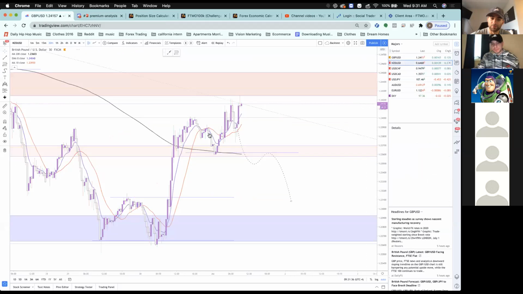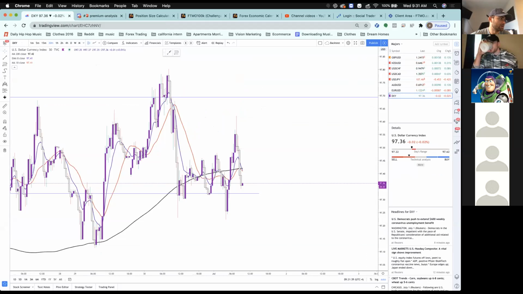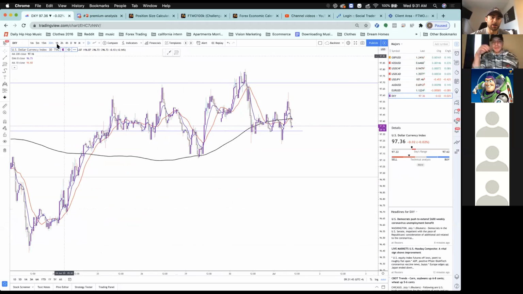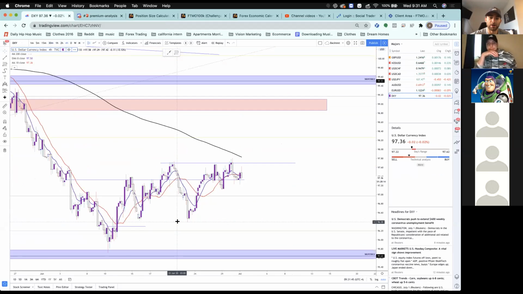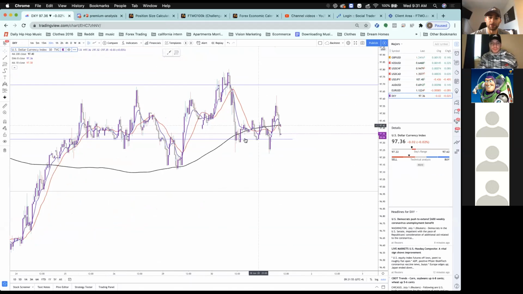Let's bump over to NU. And again, I know Nick went over DXY. DXY is in an interesting spot right now. On the 4-hour, we're rejecting the shit out of this level. Overall, we are in an uptrend. In the 30-minute, we just broke some minor structure right here.